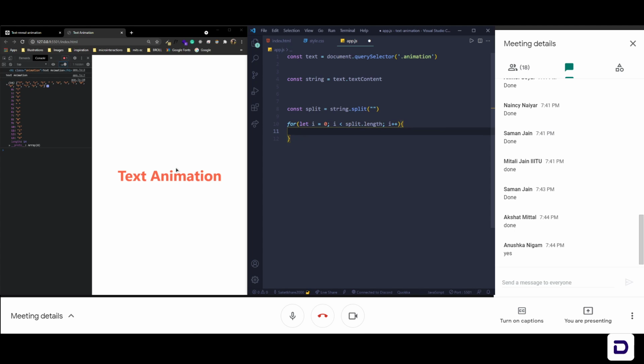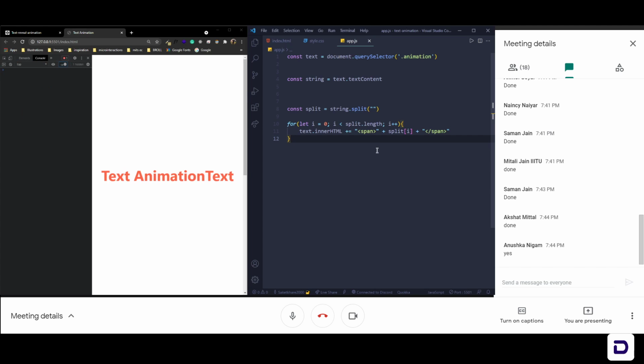In the loop, we'll say text dot innerHTML plus equals span, plus split, which is the array, indexed by i, then close the span. This will wrap each letter in a span.